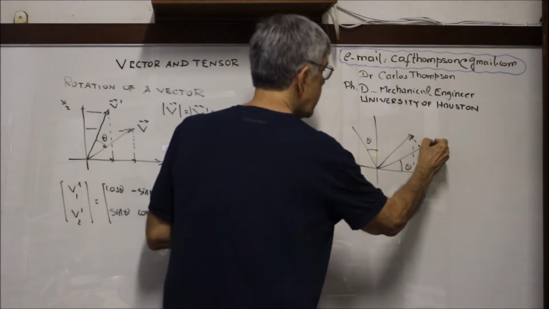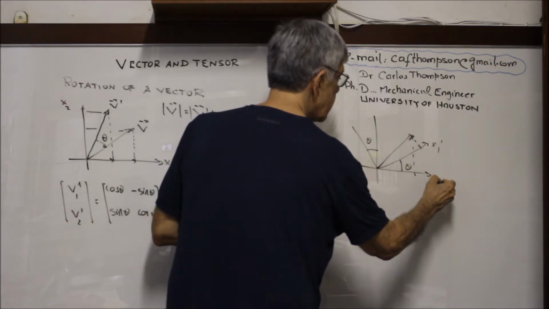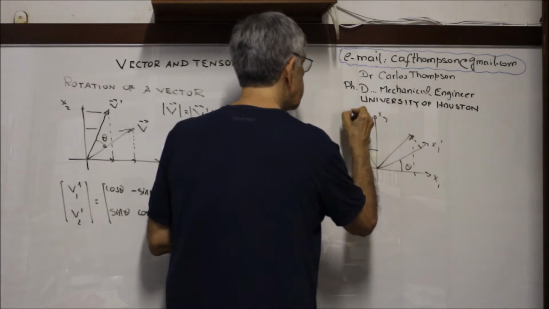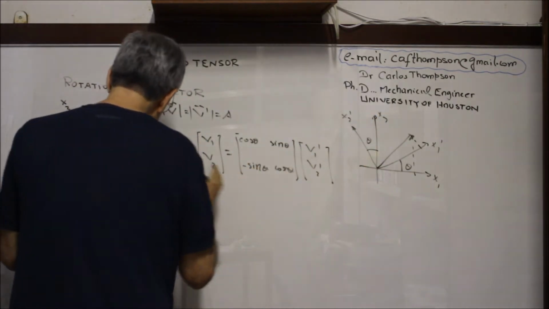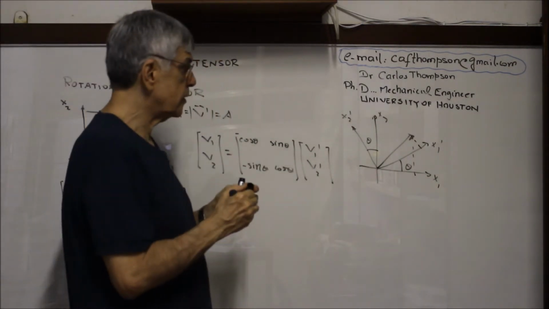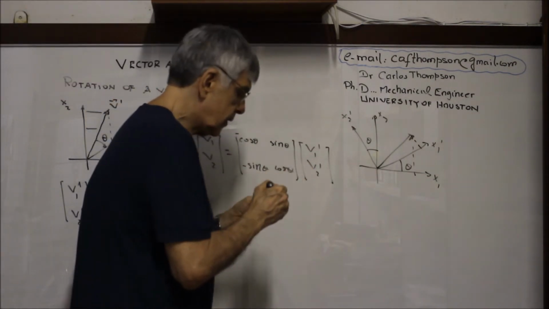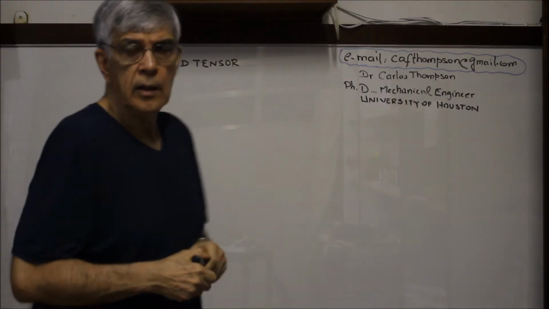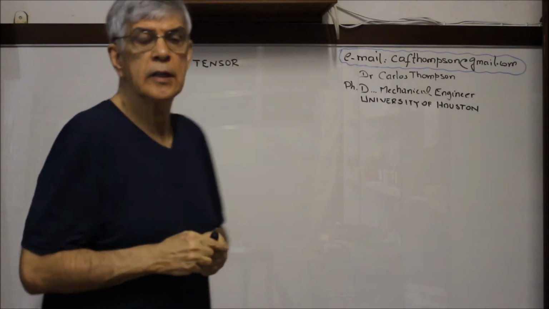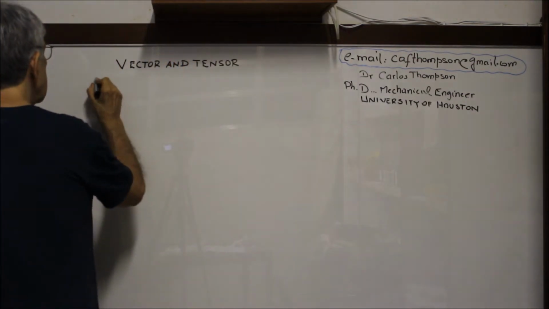This is x1 prime, this is x1, this is x2, this is x2 prime. You can do the same analysis. Just write down the matrix. Now, let's talk about the cylindrical